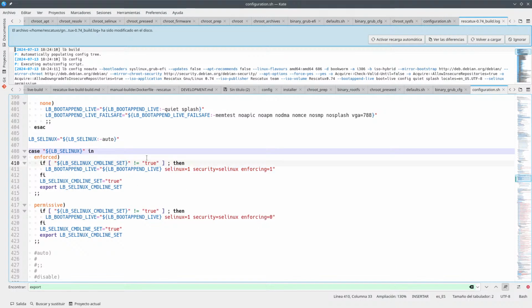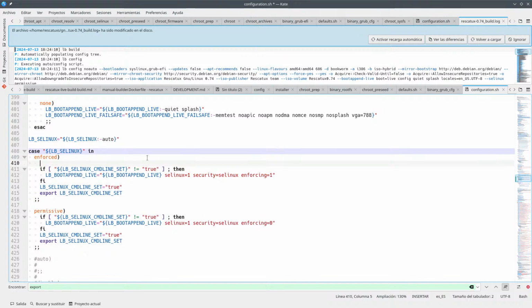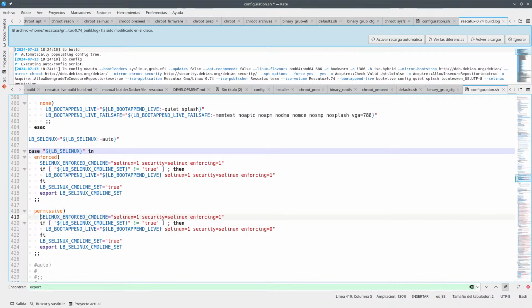So this is like SELinux enforced CMD line. It's all of this. Okay, and this one is the SELinux permissive CMD line, which is enforcing equals 0. And so